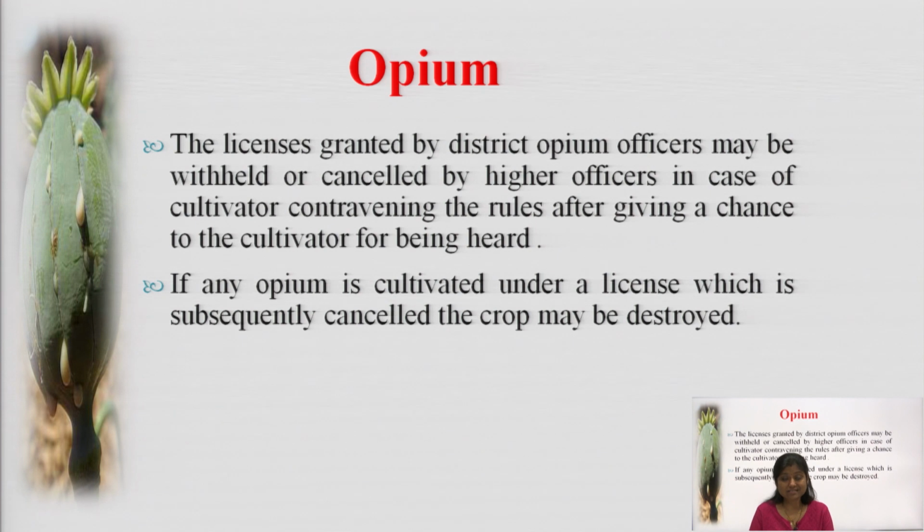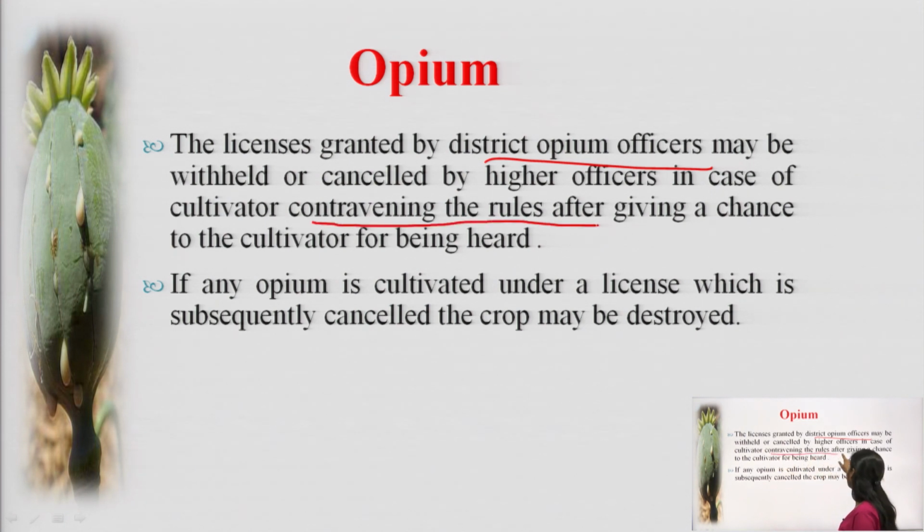The license granted by the district opium officer may be withheld or cancelled. If we are not working according to the law, then the license can be cancelled. So you have to work under law, and that is supervised by the Lambardar and the district officer. If they find that things are not going properly or you are not working properly, then they have the authority to cancel your license. The license granted by the district opium officer may also be withheld or cancelled by a higher officer, in case of a cultivator